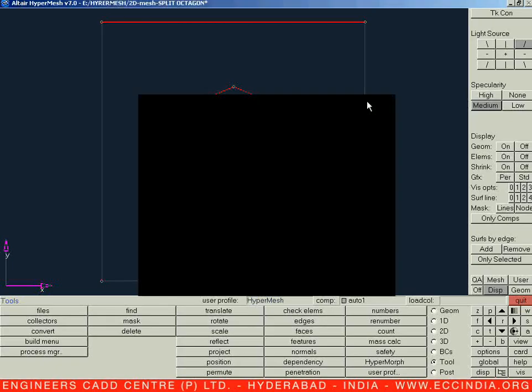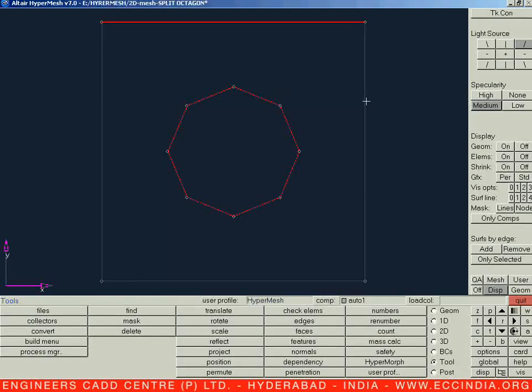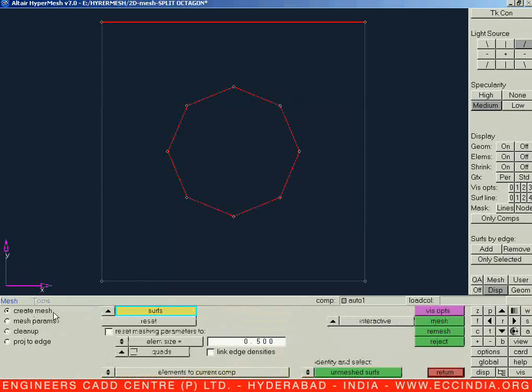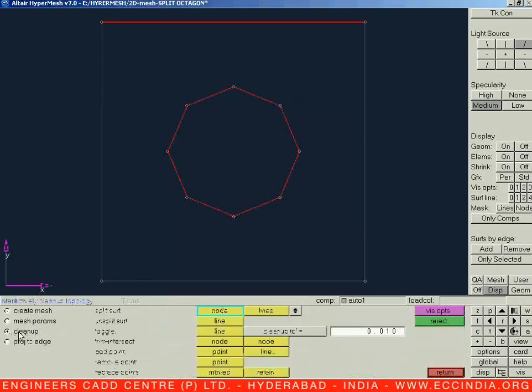Let us start the same numerical, but continue this particular numerical with the help of surface splits. So let us go for that one first. We are very well familiar with the F12 option for the create mesh, but now we can use this particular option with the help of cleanup command. So let us click on cleanup,